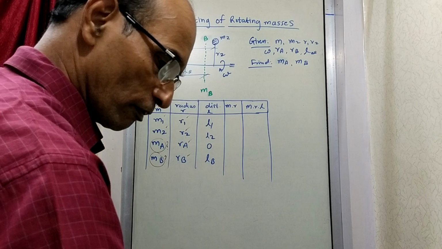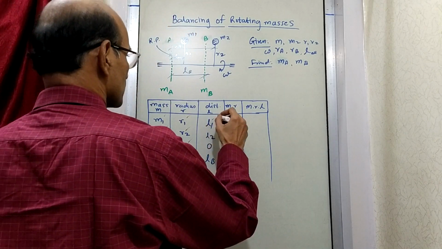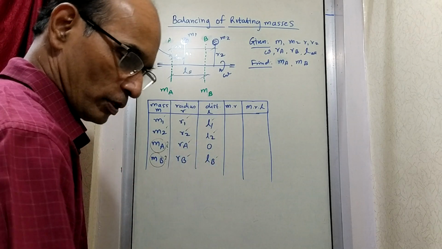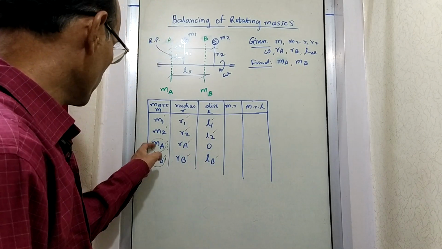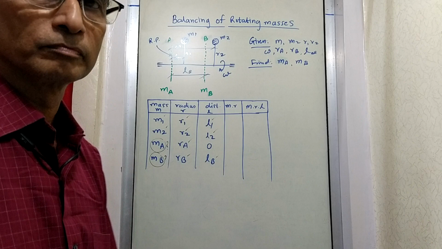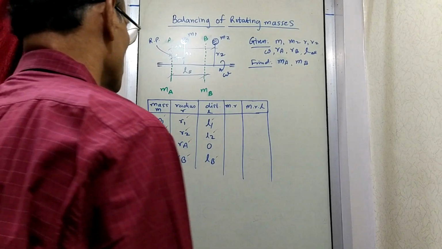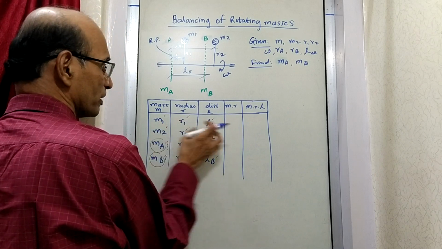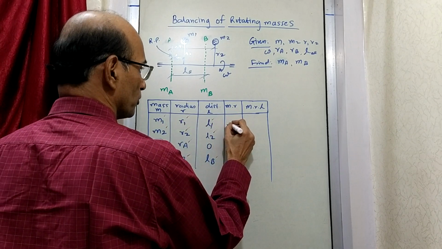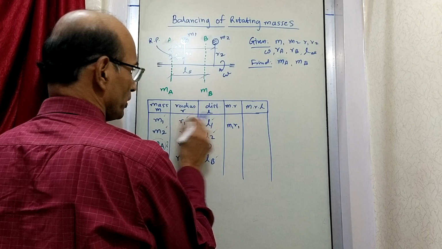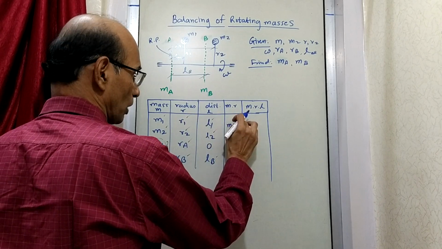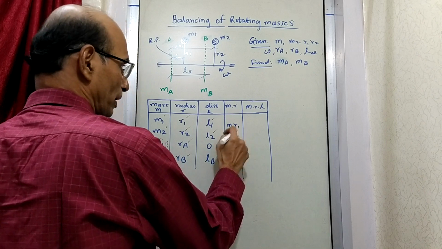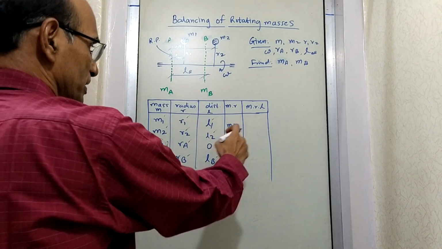So what will happen is, these distances are also known. Whatever is tick marked, everything is known to us. Only these two things are not known. Now see what happens next. Can you find out M into R? That means this into this multiplication, can you carry out? Yes. So you can calculate this. M1 into R1, write the figure M1 into R1. M2 into R2, yes. So you can find out this figure and write it here.